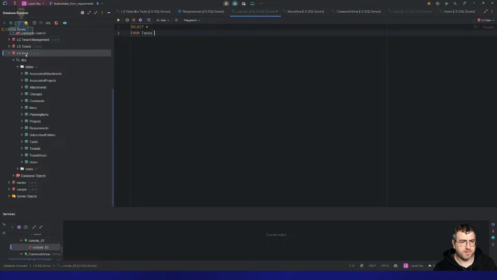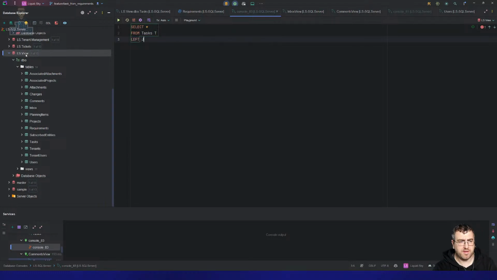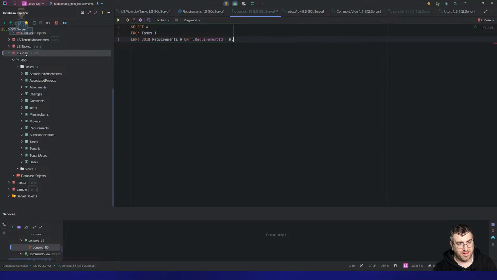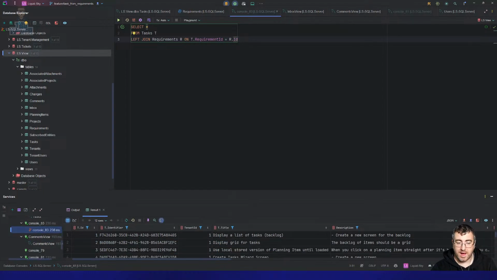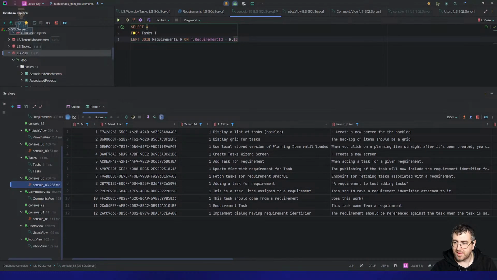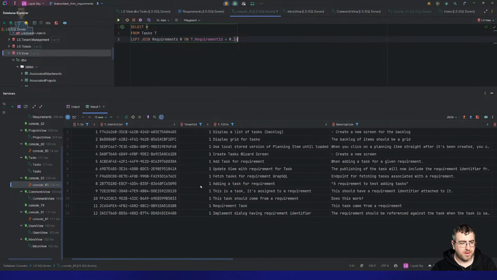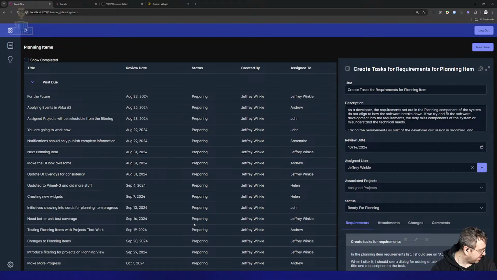Select star from tasks T join, left join. I don't know how much of that you can actually hear. There's our requirement. Okay. So if we add another requirement for that,